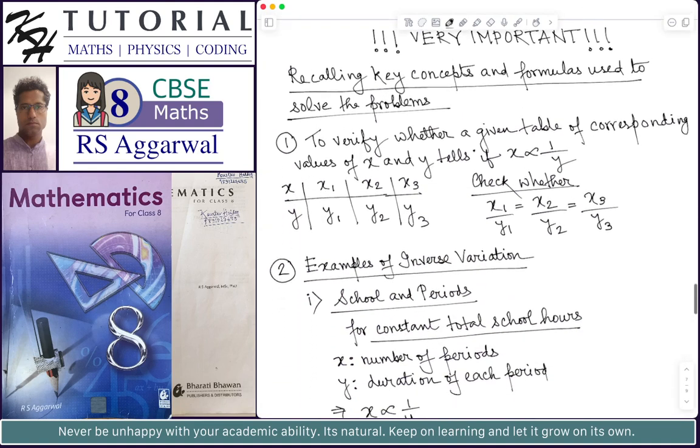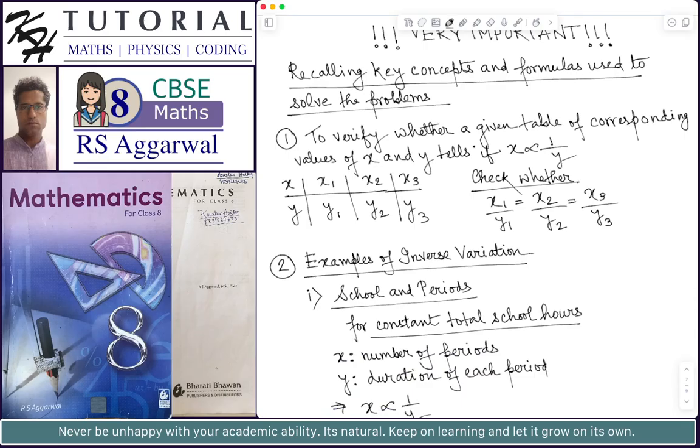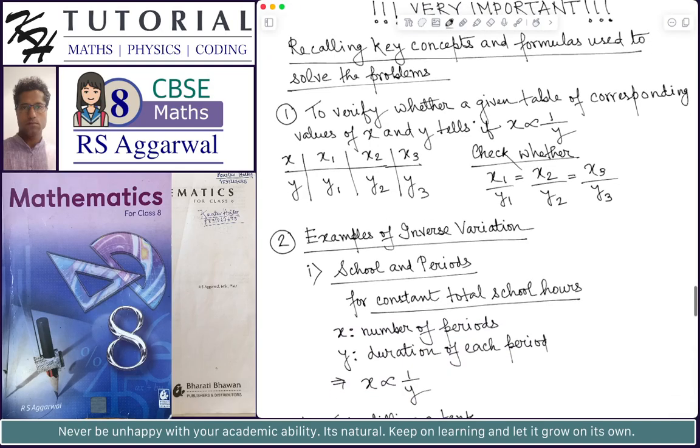So the first one is very obvious: to verify whether a given table of corresponding values of x and y tells whether the quantities x and y vary inversely or not. So you will be given a table of corresponding values of x and y, and you will be asked whether the quantities x and y are varying inversely or not. So clearly we will check whether